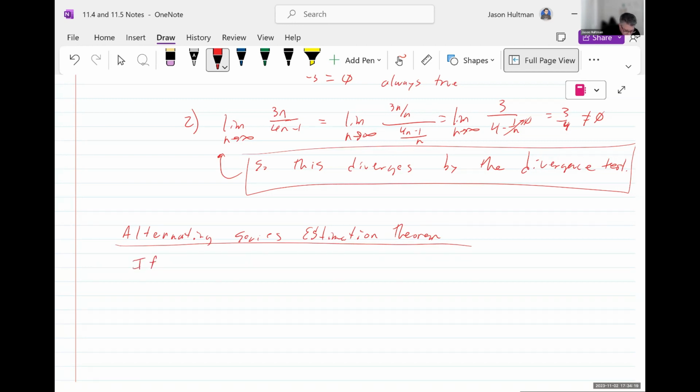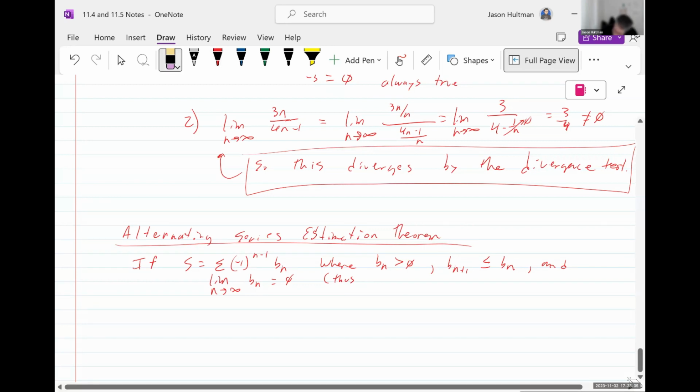If S is equal to the summation of -1 to the n minus 1 times b sub n, if that's my alternating series, where b sub n is greater than 0, b sub n plus 1 is less than or equal to b sub n, and the limit as n goes to infinity of b sub n equals 0, basically saying that this is a convergent alternating series,